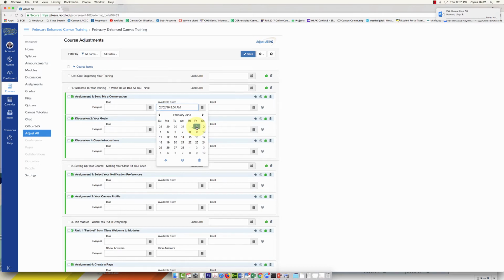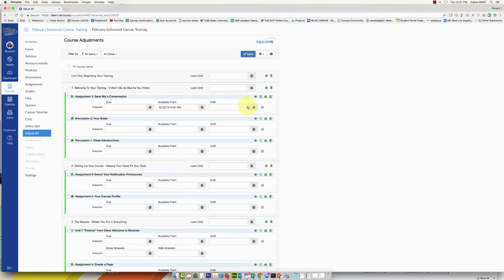And then the due date, you can fill out a due date, but you know in Canvas, sometimes a due date means that you're still accepting late work. If you don't want to accept any late work, then all you need to do is fill in the until date. And that's what I'm going to do for this one.